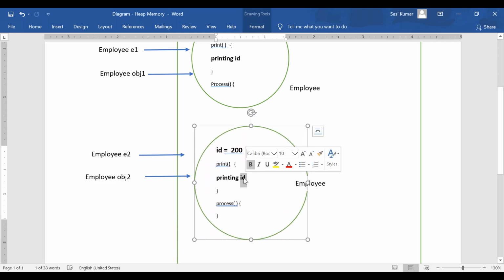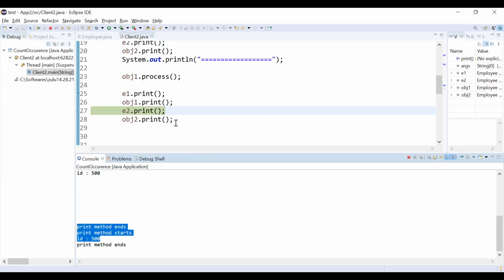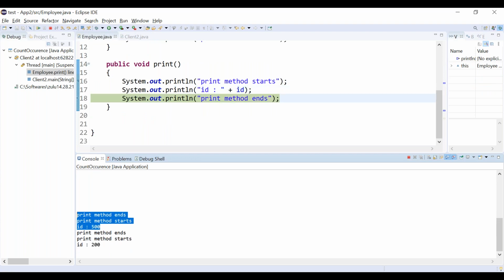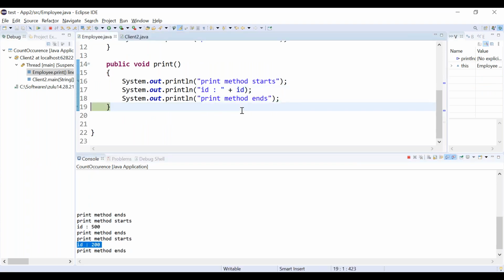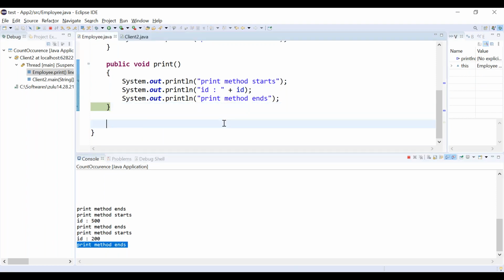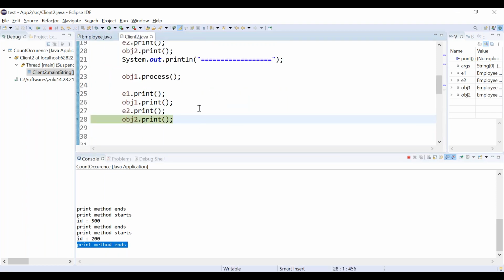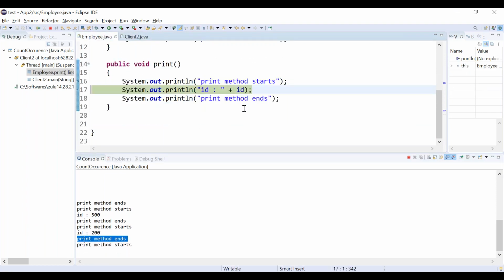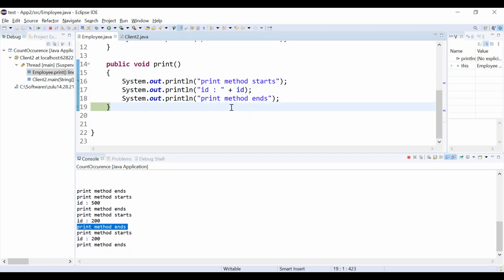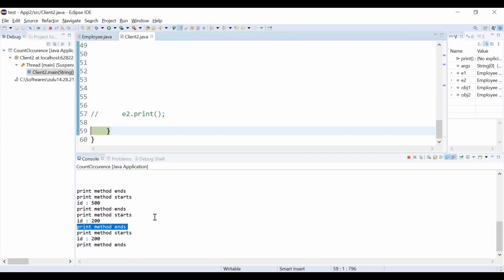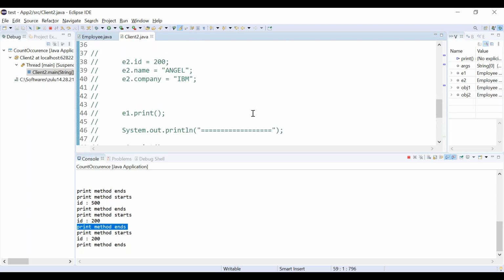What is the id here? The id is 200. If I access through e2.print or obj2.print, it will print 200 only. See, I'm going e2.print. It prints 200 here. Again coming back, the print method ends. Again we are executing obj2.print. obj2 also prints 200.